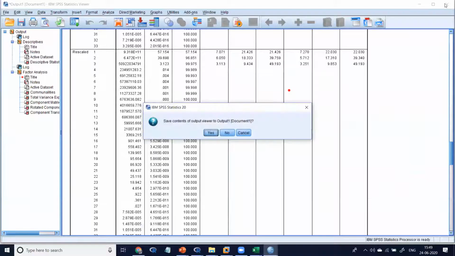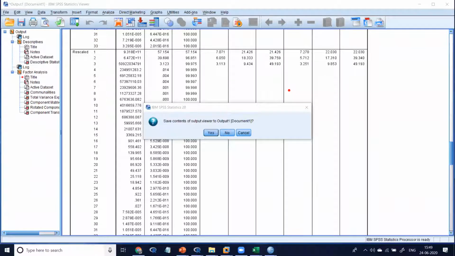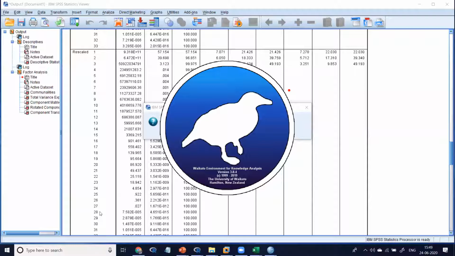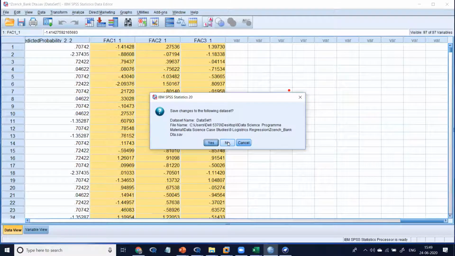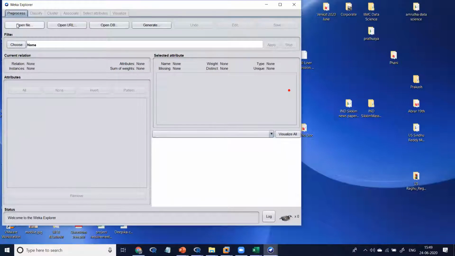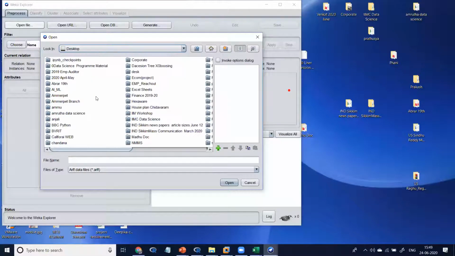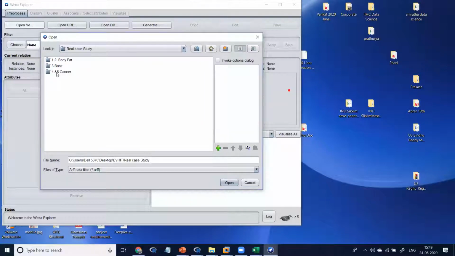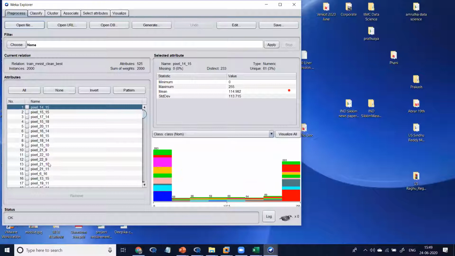Now, I'm going to open one more tool, that is Weka. 6th tool, I think. 6th or 7th tool. Come to here. Take the data. Your 5th day data, BVRIT, real case, 5th case study, cancer data, I'm taking. The cancer data looks like this.